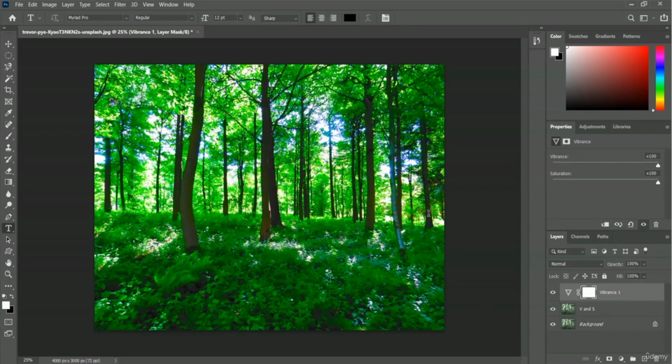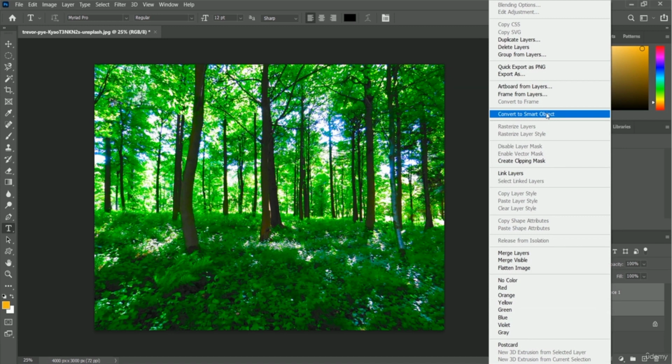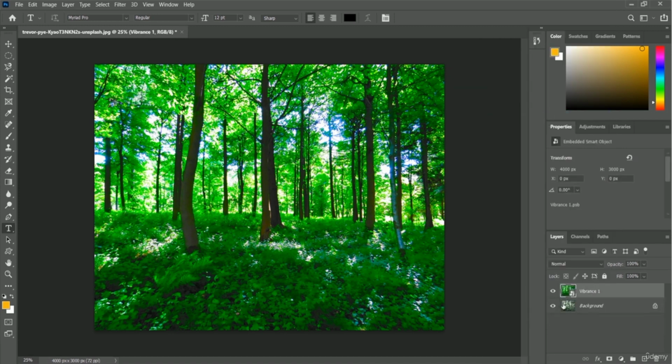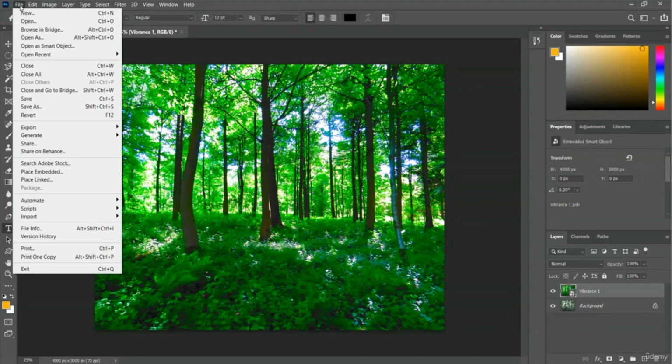So now if you want to save this image in this format, in that case you can first convert this layer into smart object, and now you can save it to your computer. Let me show you how it will save it. For saving, you just have to click this file menu, and from there you will have this save as